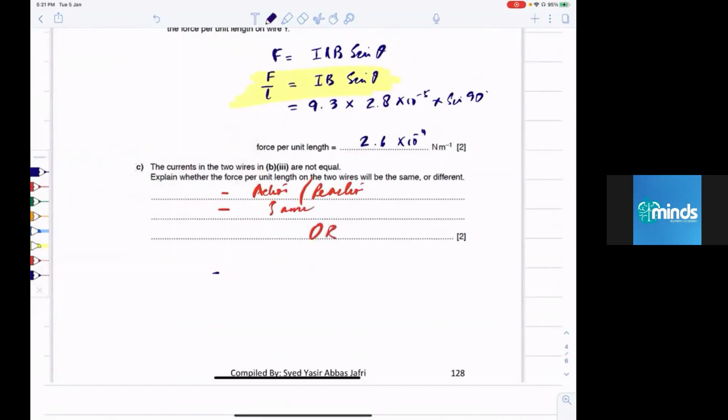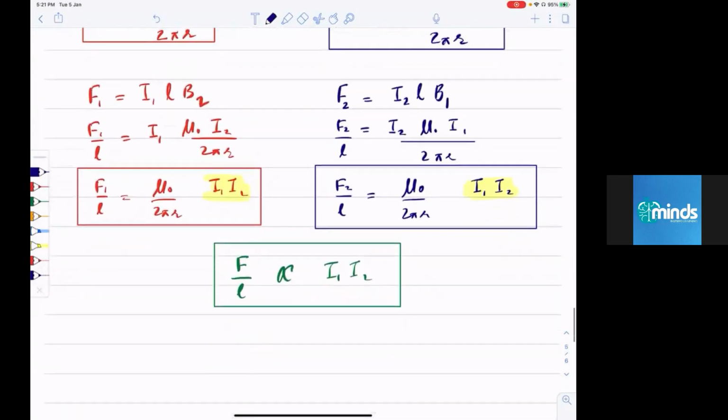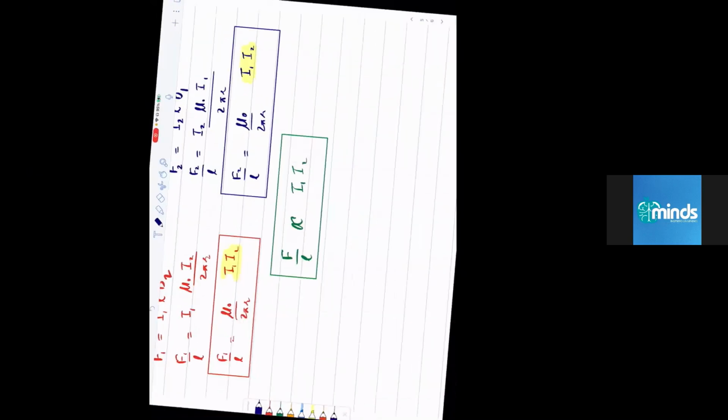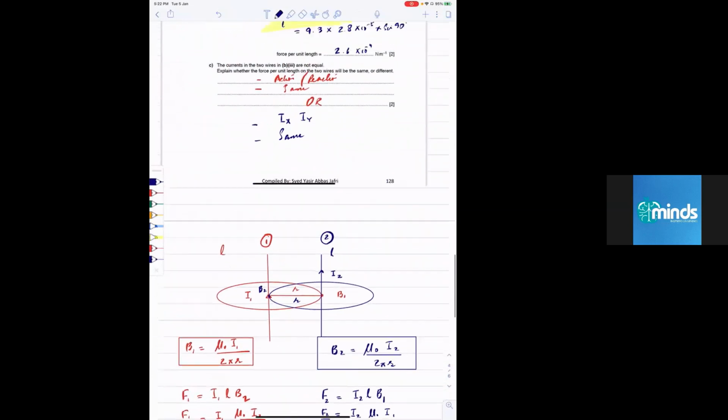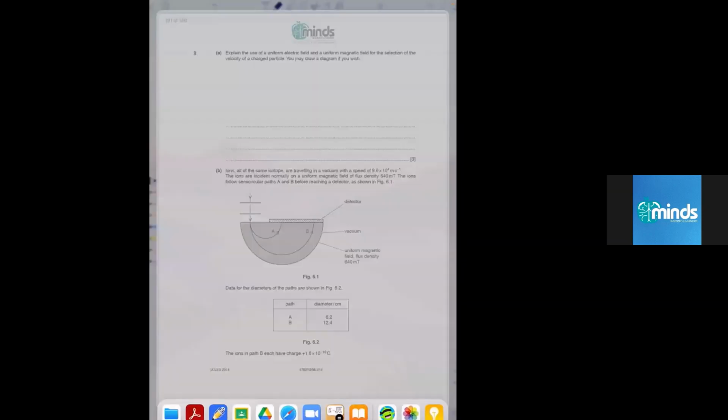Alternatively, you can say force is proportional to the product of current in x and y. So it means that the force will be the same for each other. You could have expressed your answer anyway, but I thought to explain this part as well to make things a little better for you. Okay, if you are done solving this question, the next question that we can solve is